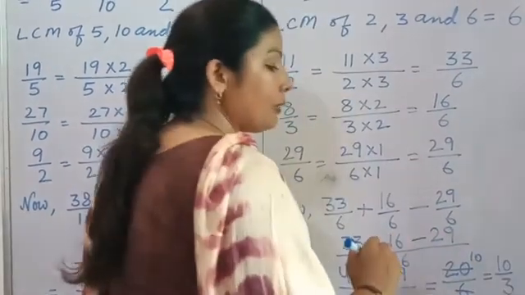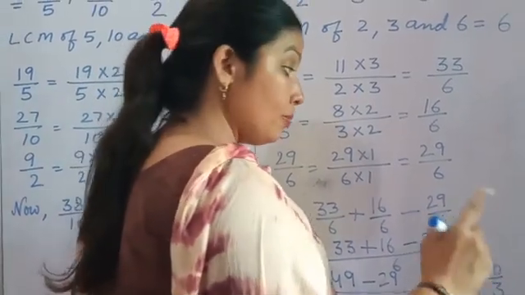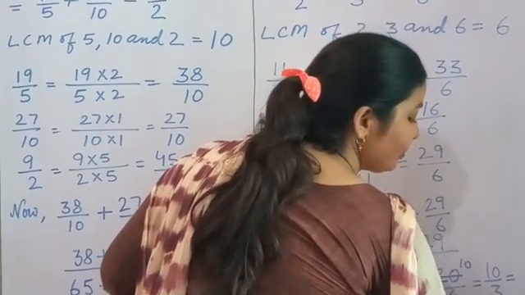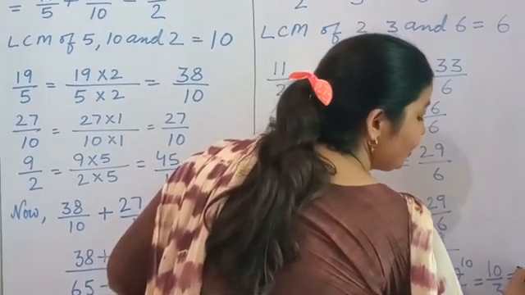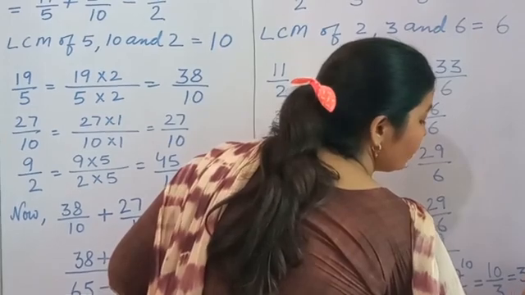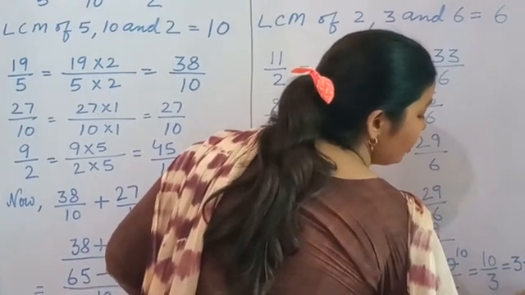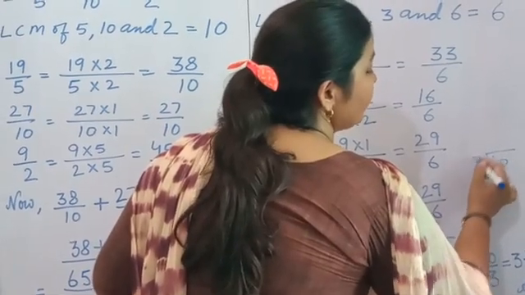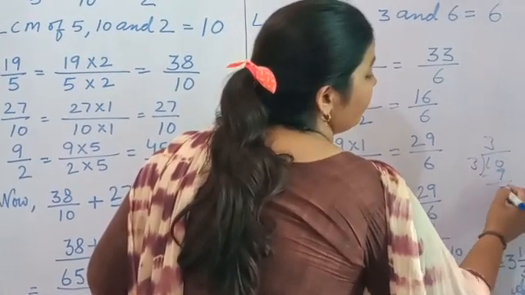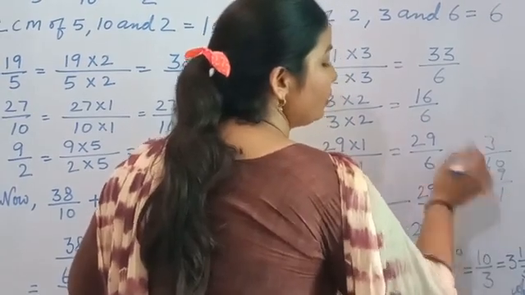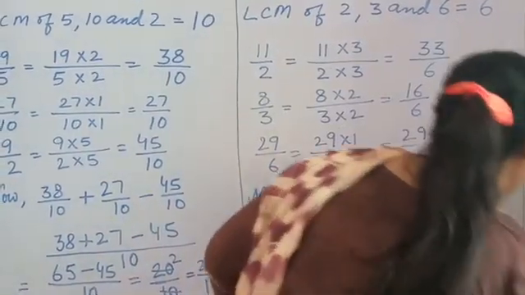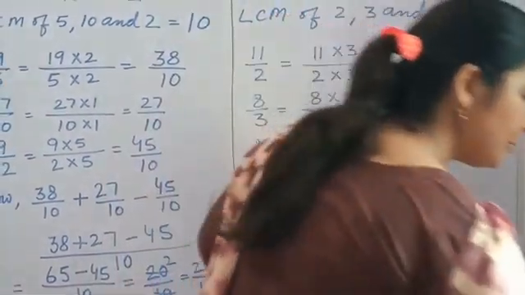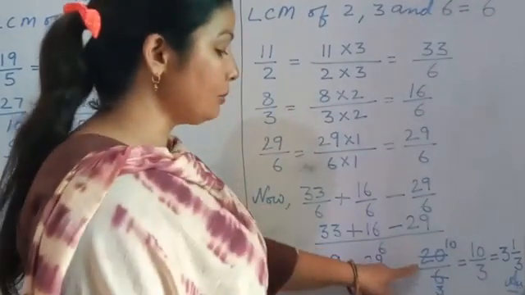Now this is an improper fraction. So we change it into mixed. When we change it into mixed, 10 divided by 3 means 3 whole 1 upon 3. That's your answer. Okay. देखो 10 को 3 से करोगे आप. So 3 3s are 9. 1 remainder. So 3 whole 1 upon 3. That's your answer.